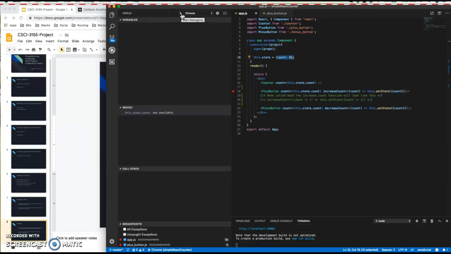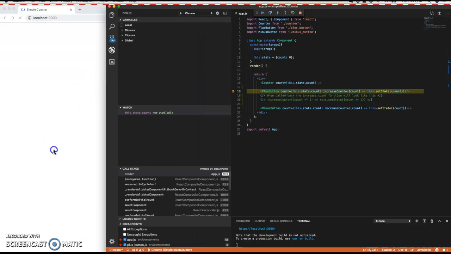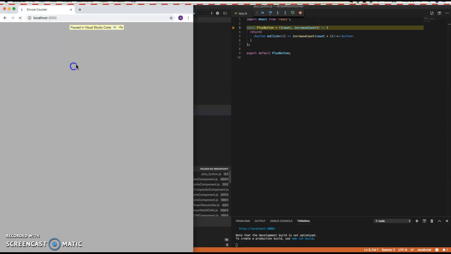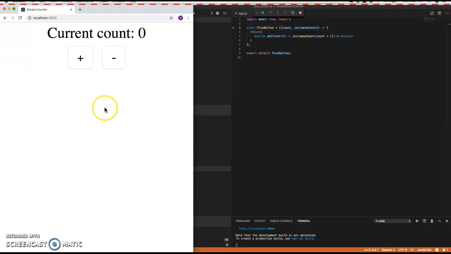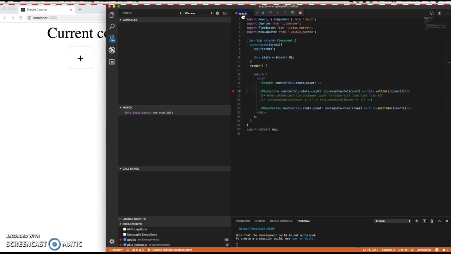So I'm going to go ahead and fire up the debugger because I already have the breakpoint set. Give this just a minute to initialize the instance. Step through, step through. Okay, so we have our current count. This whole thing is our parent component. Then we have our child components, the plus button and the minus button. So what happens when I hit the plus button